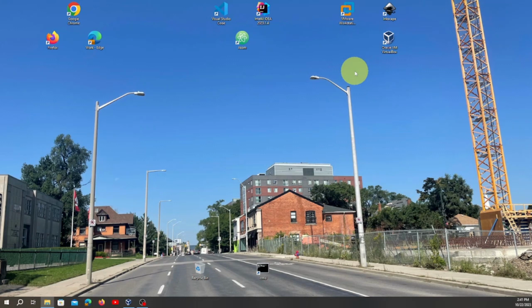Now let's say for example you are working and you don't want anybody to see your stuff, okay? And you want to go for lunch or you want to go on your break. This is what you have to do. When you look at your keyboard, you're going to see the Windows symbol.